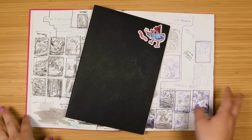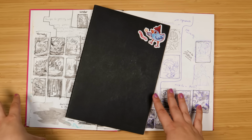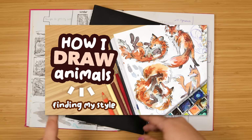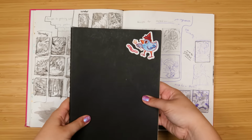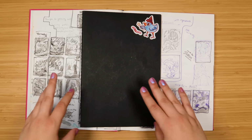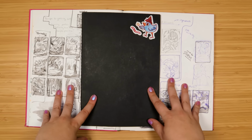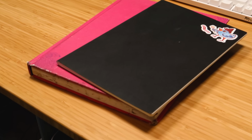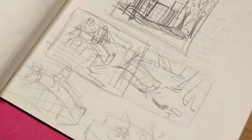Hi everyone, so a few videos back I mentioned how I learned to draw animals by just drawing them all the time, and I mentioned a specific sketchbook I had, which is this one, that's full of really messy, quick animal studies and gesture drawings and stuff. And I said I don't really know if I've shown it anywhere,